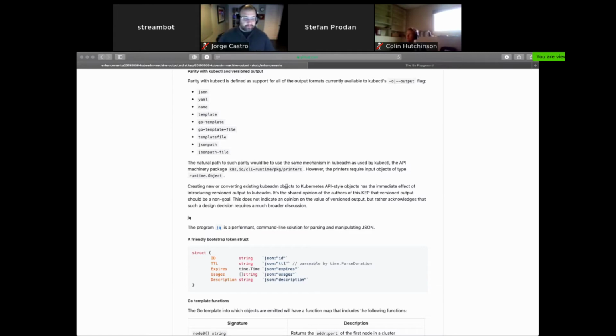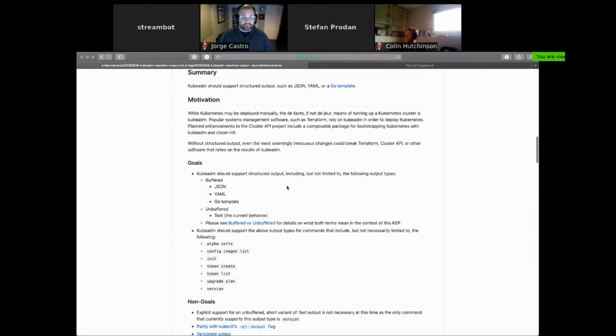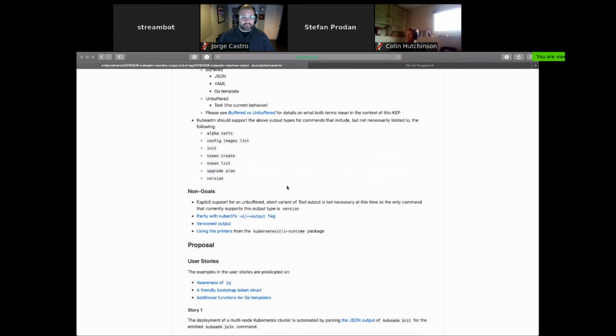Initially, we thought, well, that actually is the goal, right? We want it to be dependable and reliable. Versioned output makes sense. But we also did not want to define out of the gate that much technical debt to get this problem solved. We have an immediate need for it. But after talking with the kubeadm working group and this getting pushed to 1.16, I think we agree it makes sense to go ahead and probably start from there.